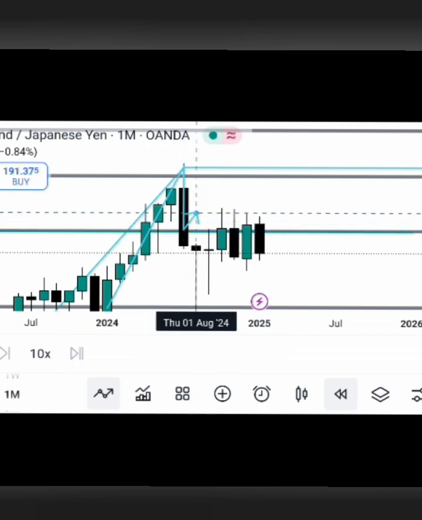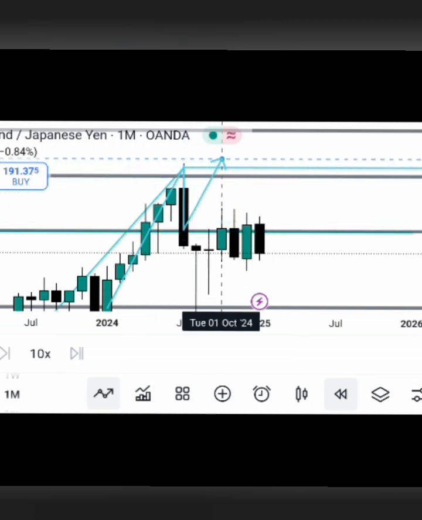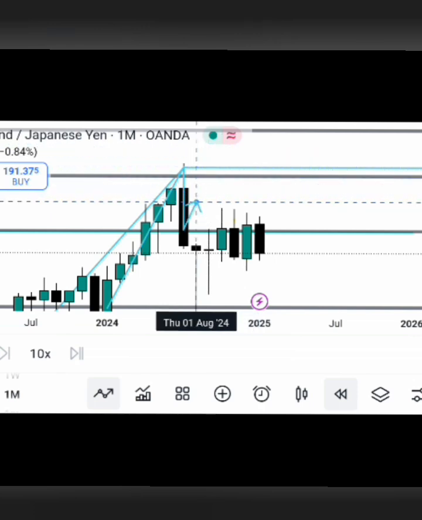Then if it holds, it should be going up to break this high. But what happened is that it did not hold. It broke it, and you could see this large momentum, isn't it? It broke it until